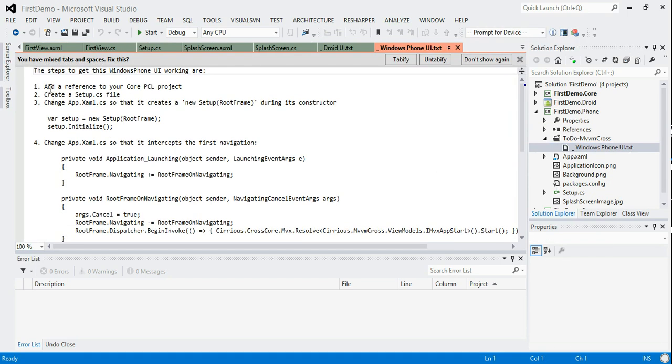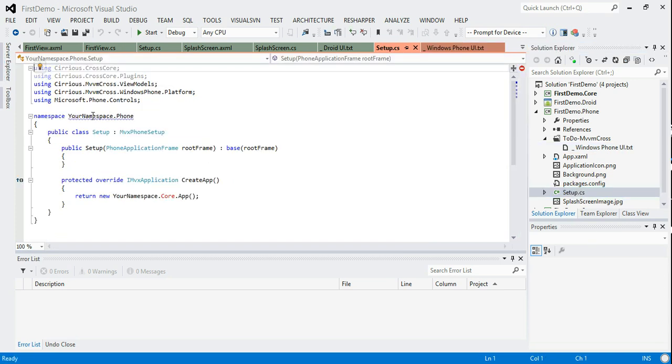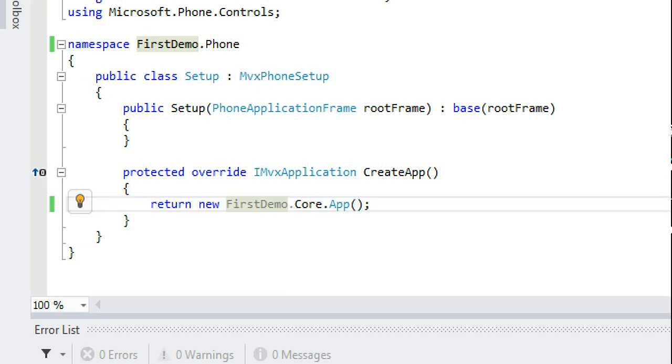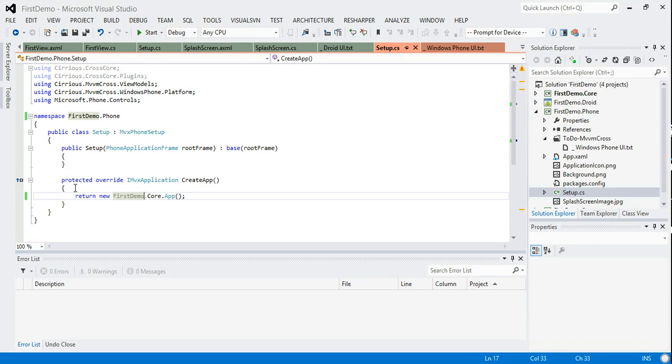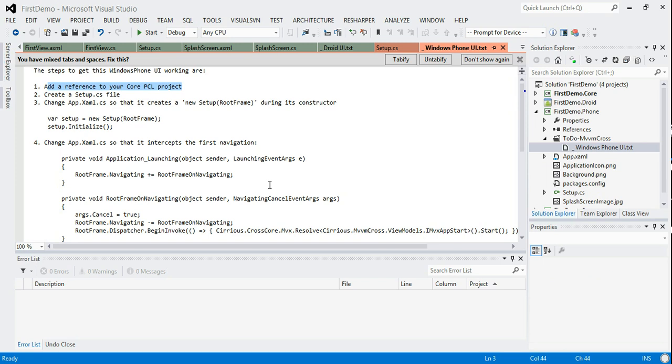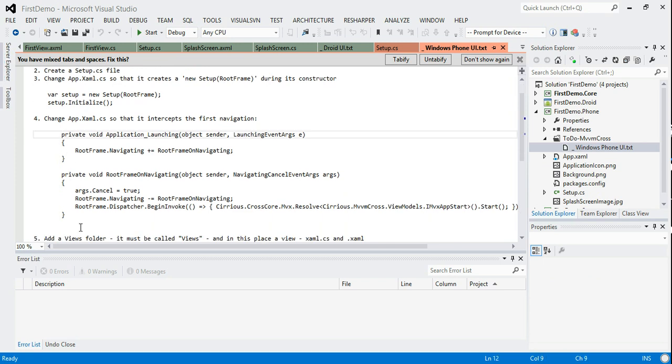So the to-do folder is saying add a reference to your core project. We've done that. It's saying take a look at setup, make sure it's okay. So again, what we have to do is correct the namespace, first demo and first demo. And again, all this setup file is doing the UI part of the application boot. So all it's doing is creating the core app. And then what we need to do according to this is there is a couple of bits, just a small thing to change within the